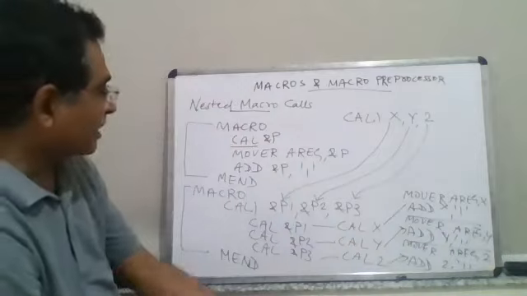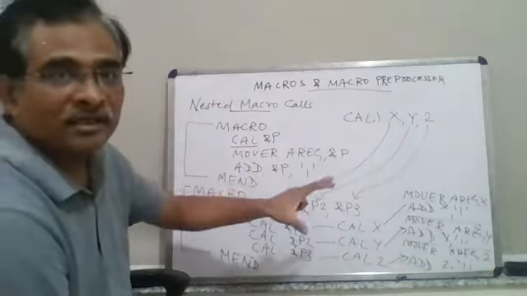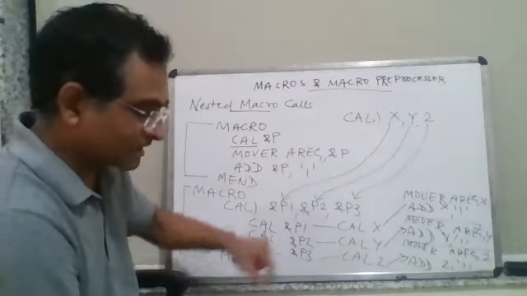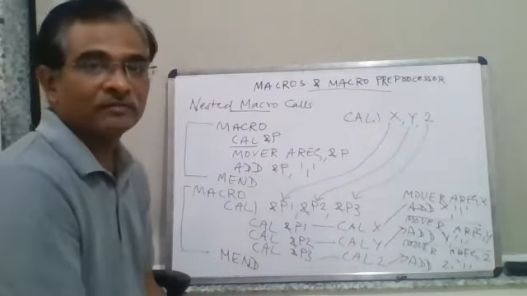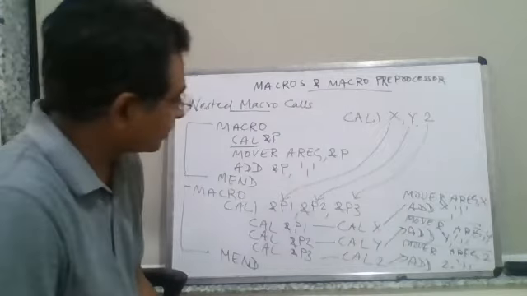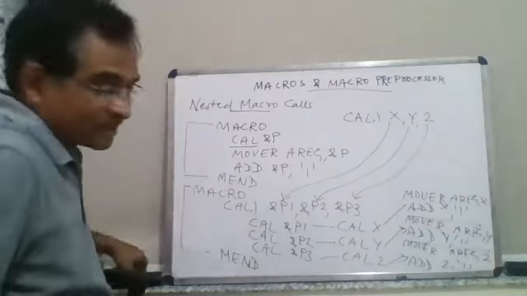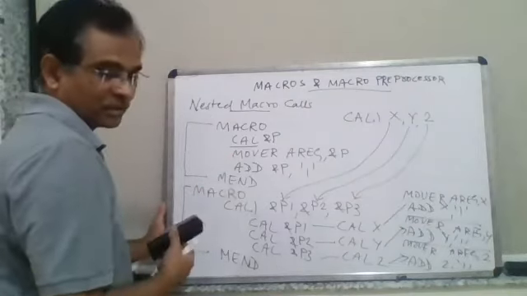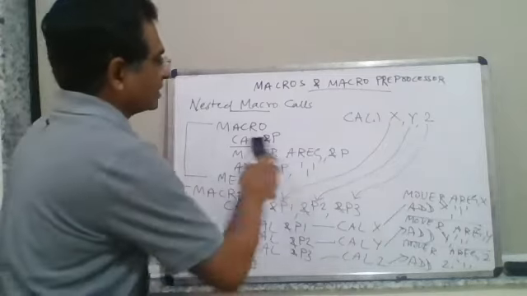So this one-line statement can have multiple lines inside the macro, but here for simplicity I'm giving you the simple 2-line statement so that it becomes easy for you. So this is one way of giving nested macro calls. Another way is also possible. See, I'm calling another macro, but I can even specify the macro directly within the macro, right? So that is also one way of using nested macro calls.